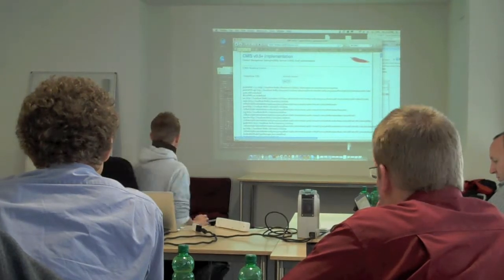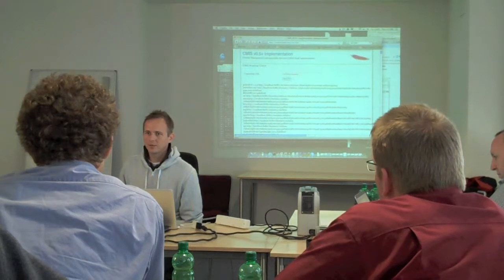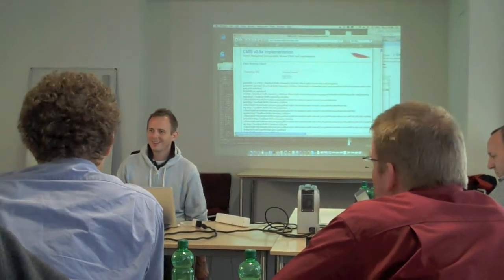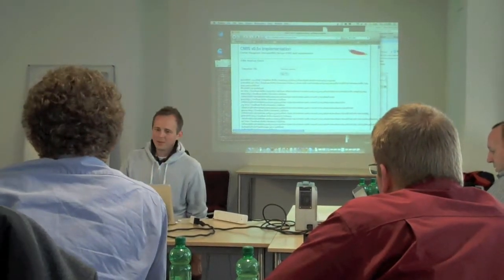And we got it to work on Alfresco as well, and I think we were very close to getting it to work on OpenText, because essentially all we